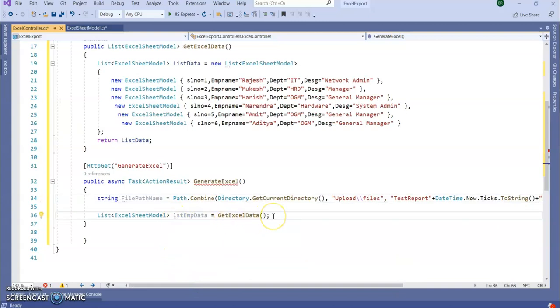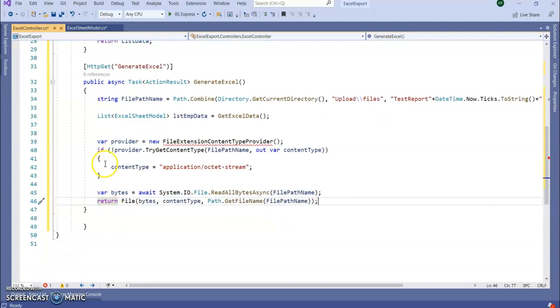I want to return the list of files. In this way I am returning the particular file we are creating here.